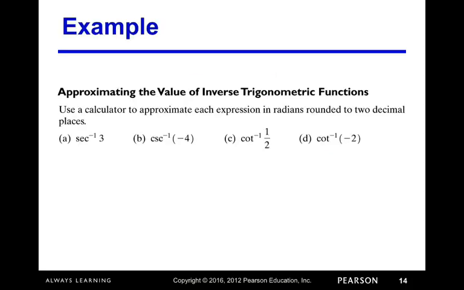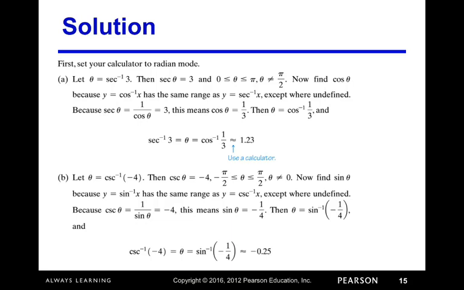Calculator to find these. The secant of the angle that has a secant of 3. I would say the angle that has a cosine of 1/3, excuse me, and that should be in the first quadrant. Again, the angle that has a cosine of 1/3 is 1.23. If you have a calculator that has the inverse secant, inverse cosine, inverse cotangent, certainly you can use it, but